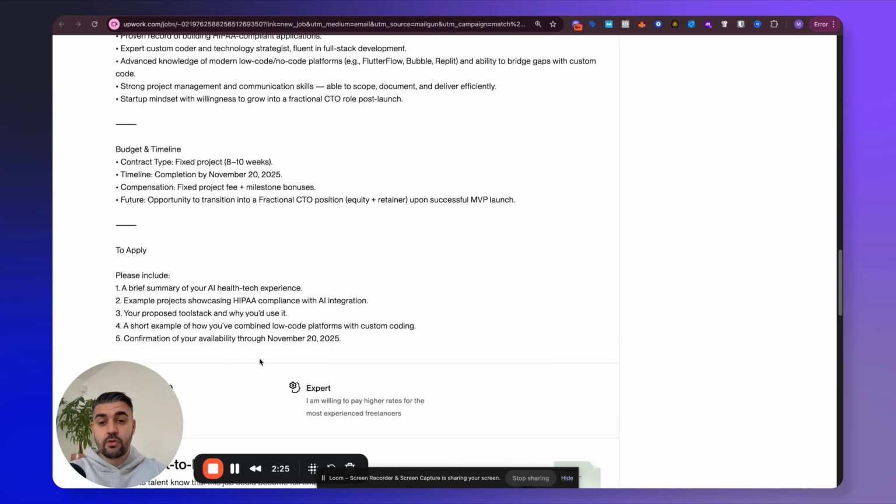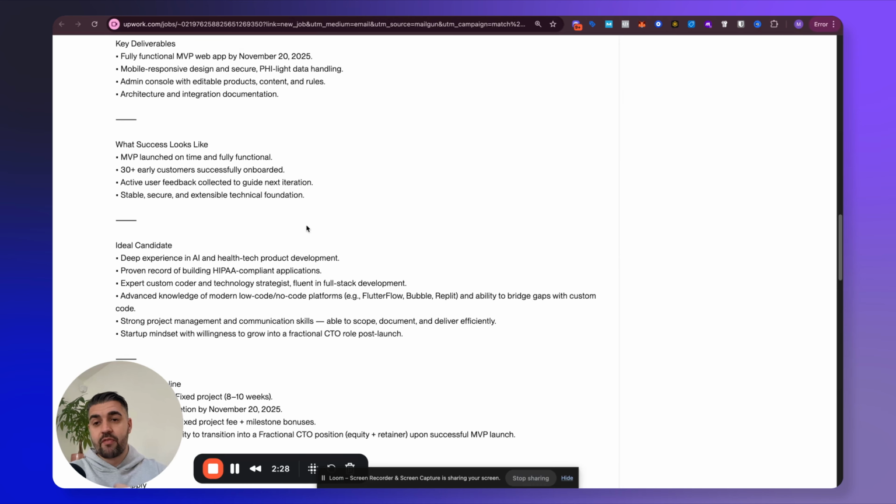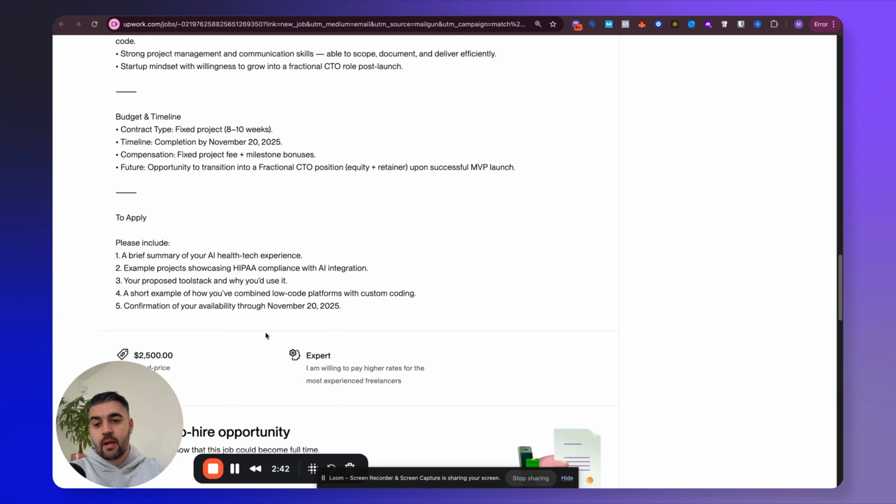When it comes down to the proposed tool stack, I need more information from you, and I wouldn't do you the disservice of trying to educate you now on how to use Closebot for SMS reminders and stuff without actually understanding your business processes. I think that anybody who tells you otherwise would be incorrect. When it comes down to low-code platforms with custom coding, Make.com recently launched their own code node. N8N's got the same. A self-hosted N8N system is probably the safest platform that you could use for what you're looking for. We'll get into all of that on the call. Drop me a message and we'll have a chat.